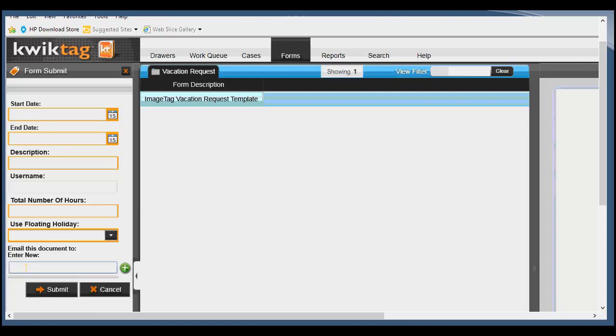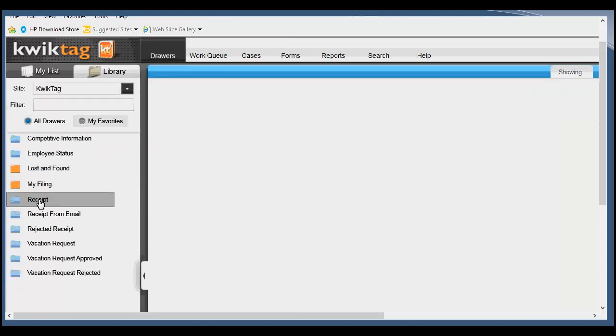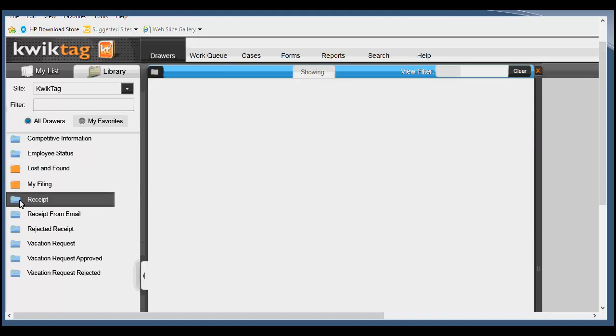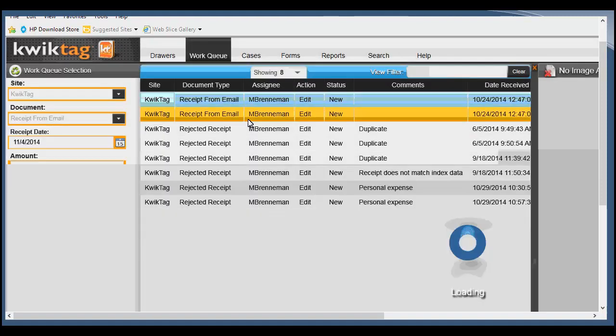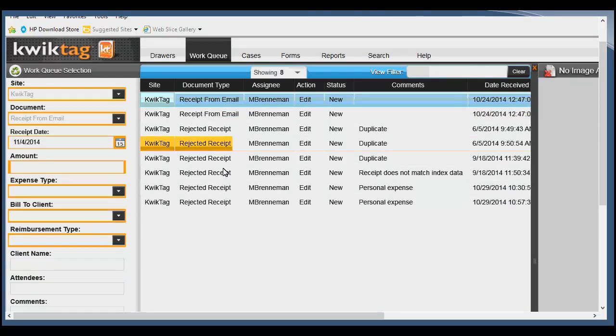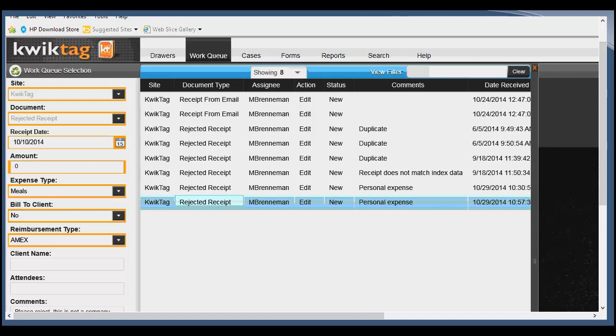I also have my expense reports. So if you go into my work queue, you'll notice that I've got receipts that are in here. Okay, this was an image that I took. This is a bad image example, but it's an image that I took of a receipt, and that looks a little bit better. I took this from an airplane, and I took it from my iPhone,